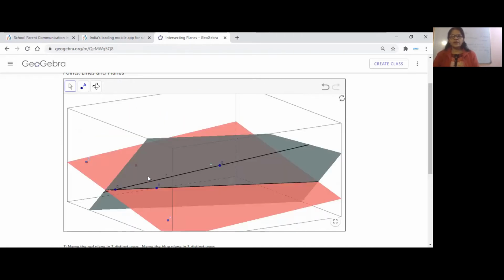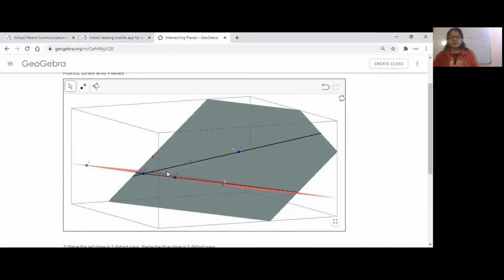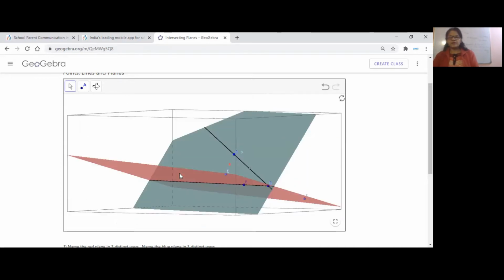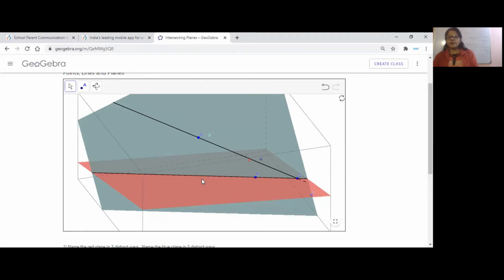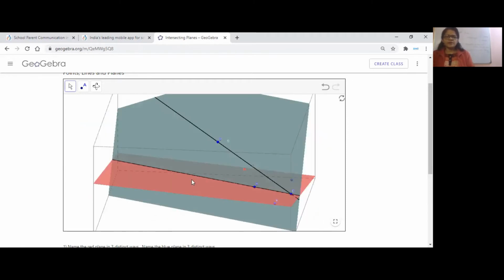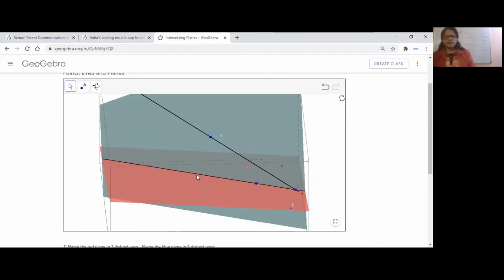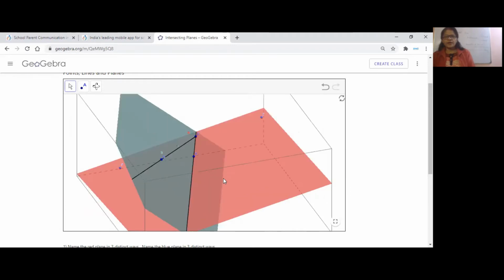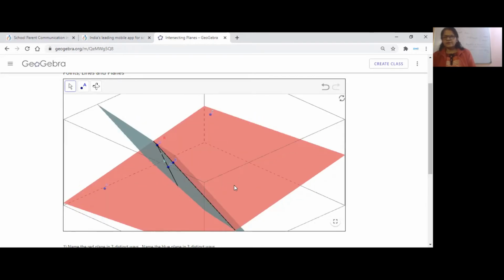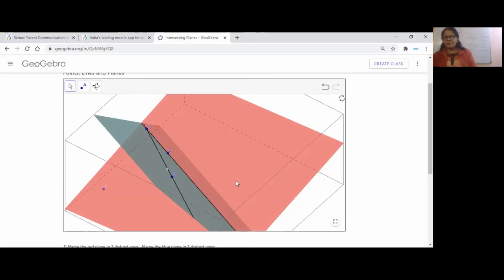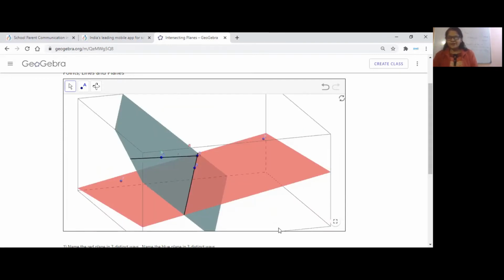In whichever direction you move the two planes, they intersect at a line. In the case of two lines, we say point of intersection of lines, but here we say line of intersection of planes, because two planes intersect each other at a line. So clear? It is now clearly visible, and you can trust me when I say the planes intersect each other at a line. Now let's go back to the concept part.